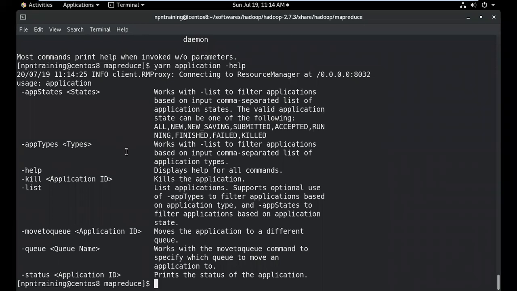Can you see this here? This particular thing I have not documented. This is something new which I've added, so just make a note of all these things. This yarn application -help has a lot of information. For example, let's assume a scenario. You have run an application and realized that the job you're trying to run has a bug. You want to halt it, you have to kill the job.